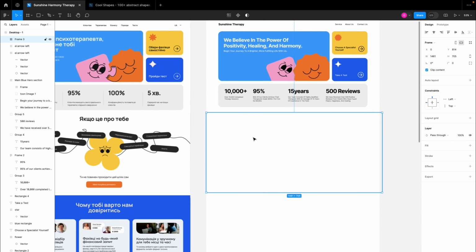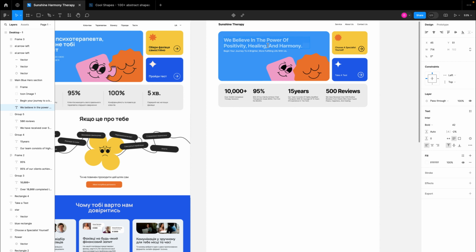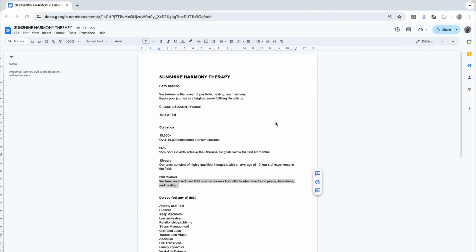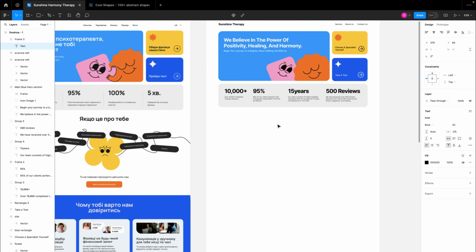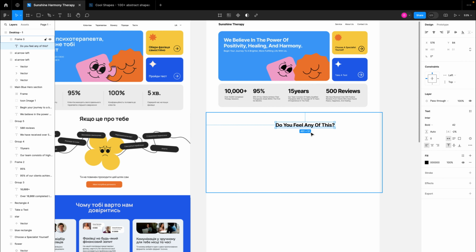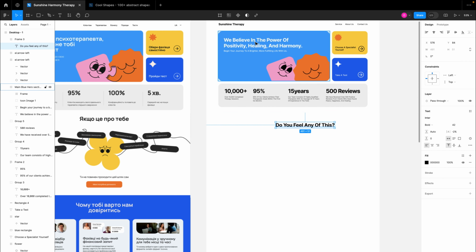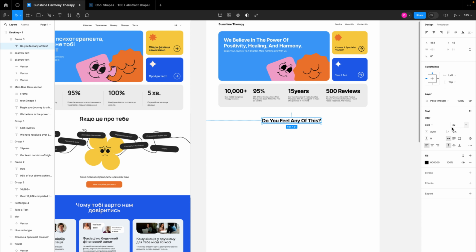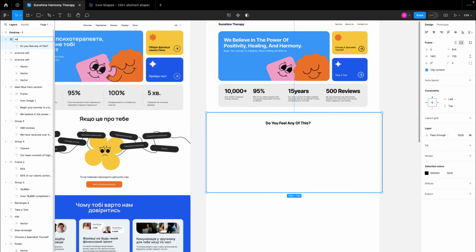So to start creating this section, first we need a title text, and since we have a header text here, we might want to copy that and start using that same typography settings for our title text. And I think here on the title text, it says, do you feel any of this? I'm just going to paste this, and here we can see we have 42 bold, but I think this is too much for a title text, so I'm going to drop it down to 32 pixel, and center it to the middle of this frame. So here I'm just going to rename this to section 2,